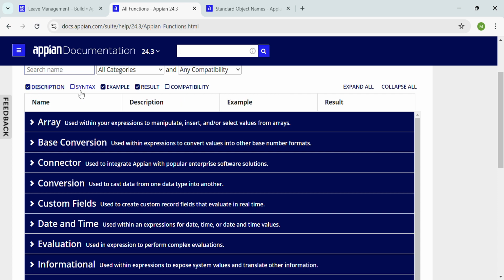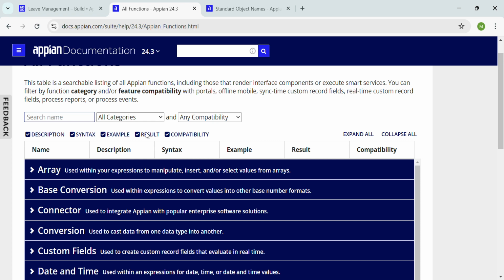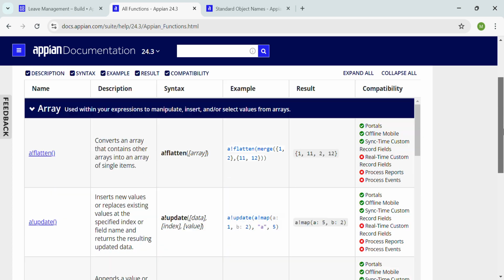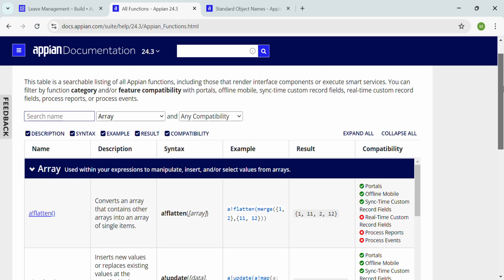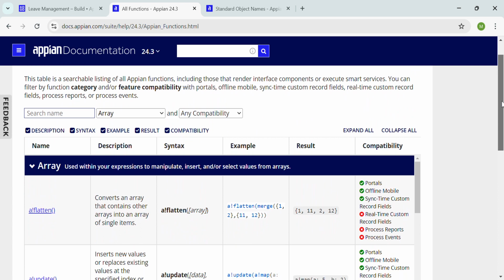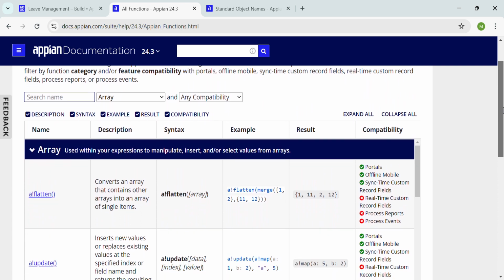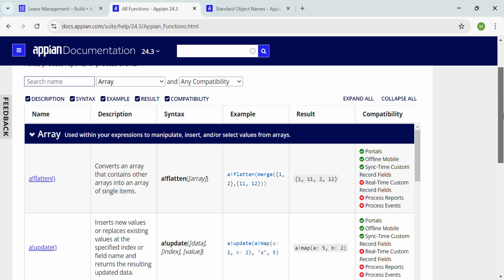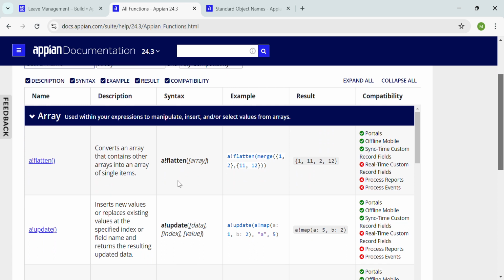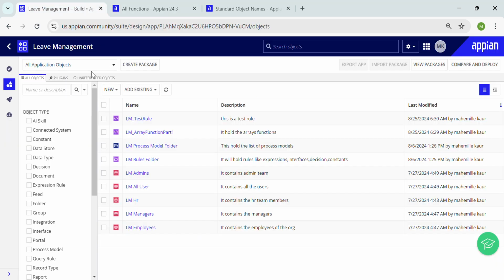I would like to see description, syntax and compatibility. In all the categories I'm clicking on array, so I should be able to see only the array functions. Today in this session we will be seeing only 5 of the functions, and we will be going into detail on how each function works. Okay, so before doing some execution in our environment, we need to create an expression rule,